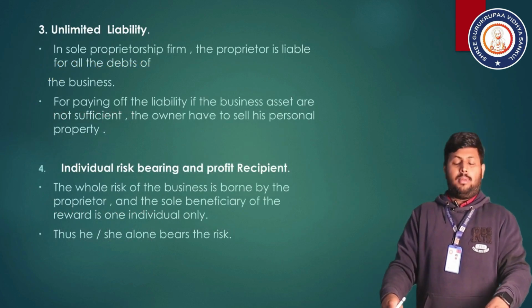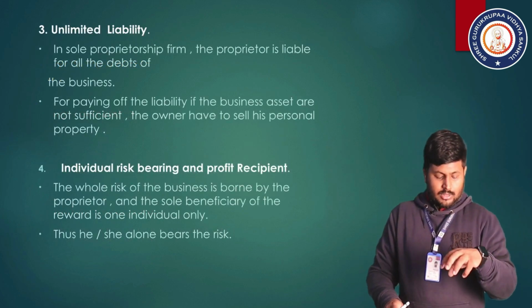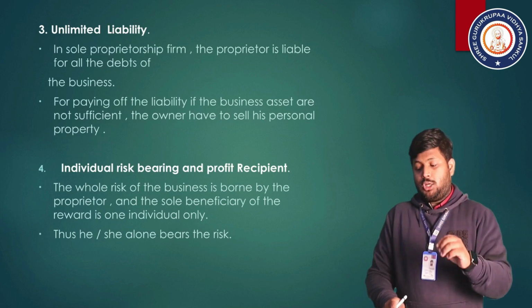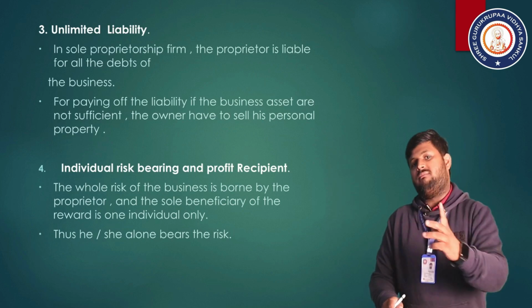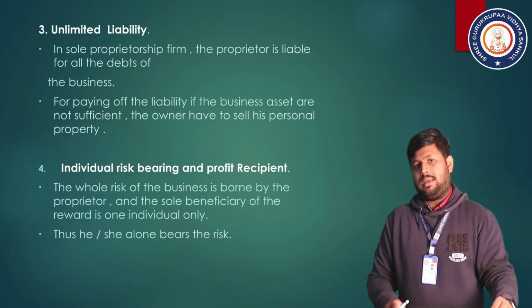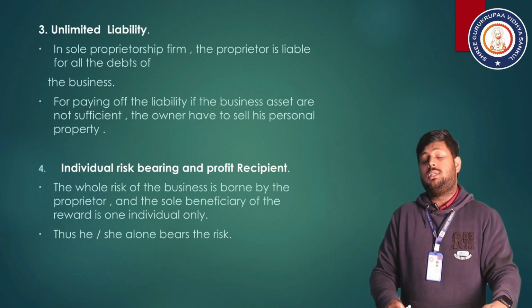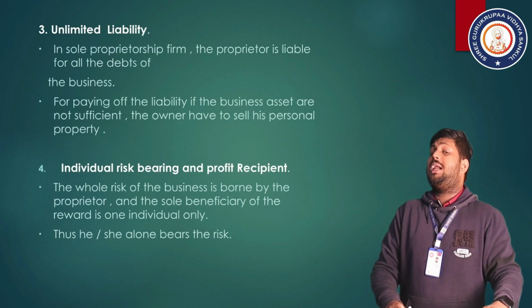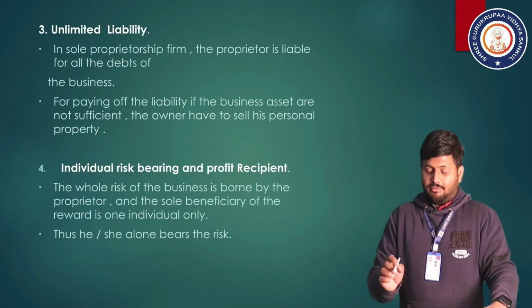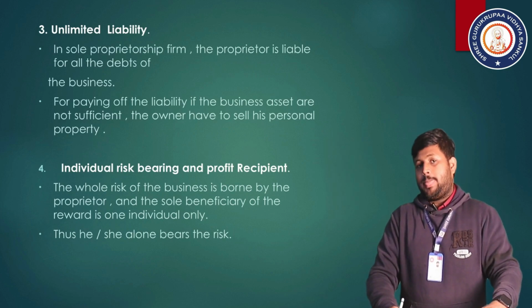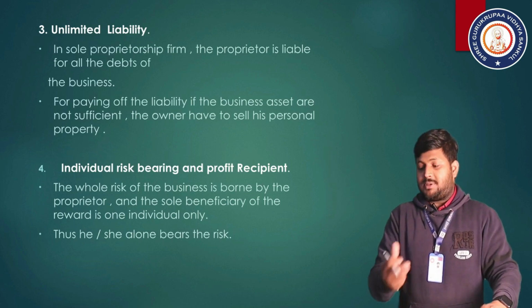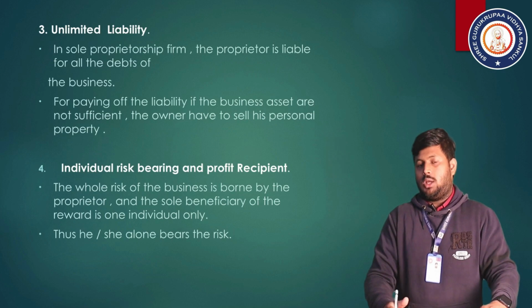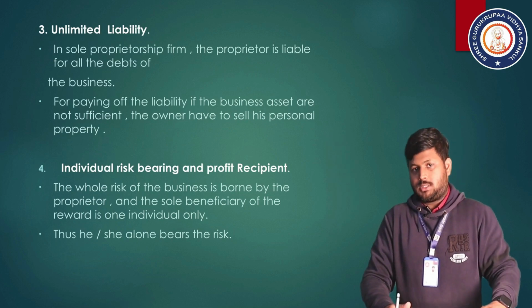What is the meaning of liability? In terms of liability, when you have to pay some amount to someone, it is a kind of liability. Here in business, what is unlimited liability? You can take a loan, but whenever you have to pay back the loan, if your assets do not have the capacity to pay off that amount, then you have to sell your personal properties, personal